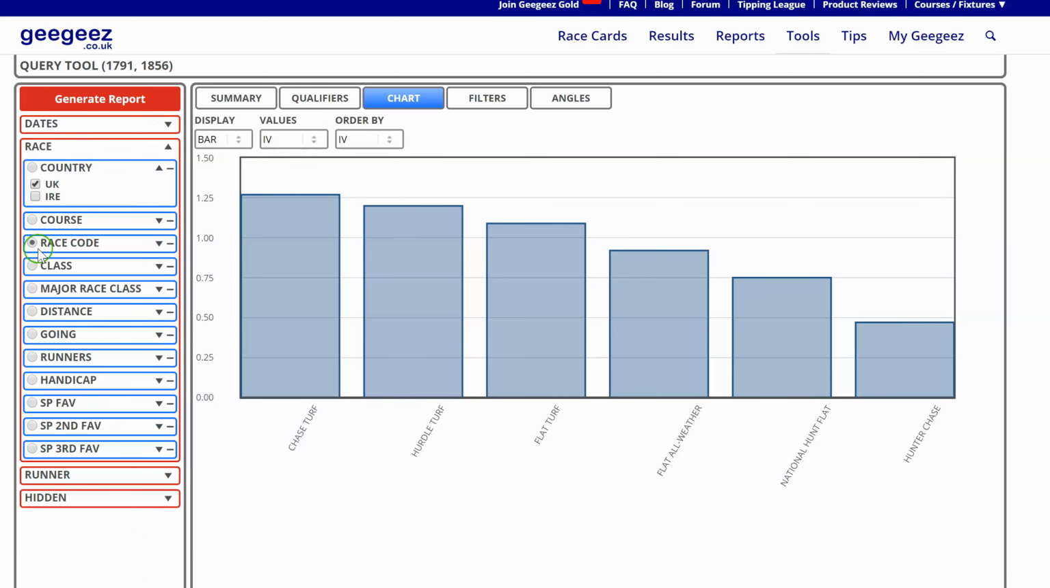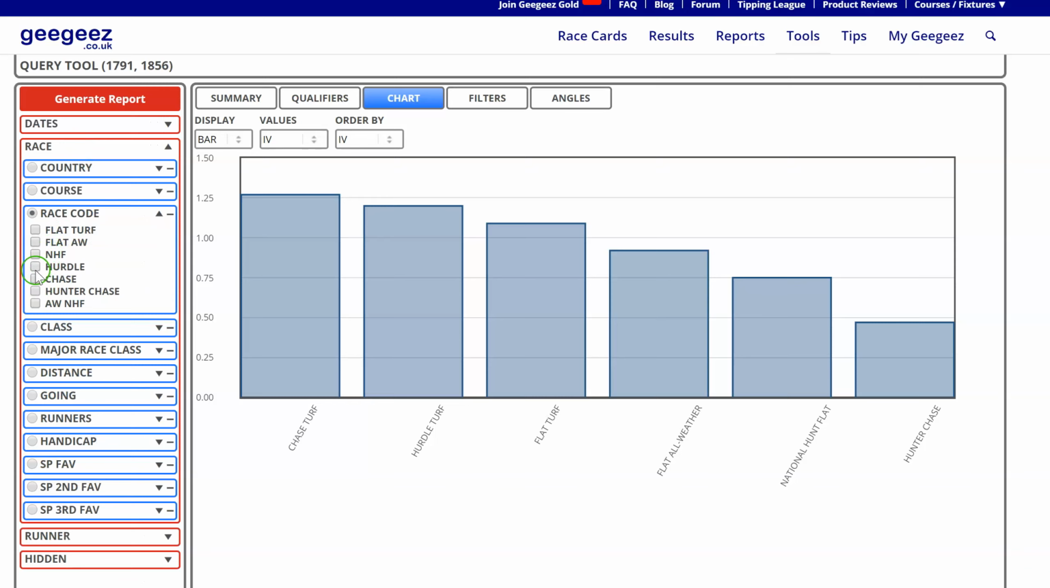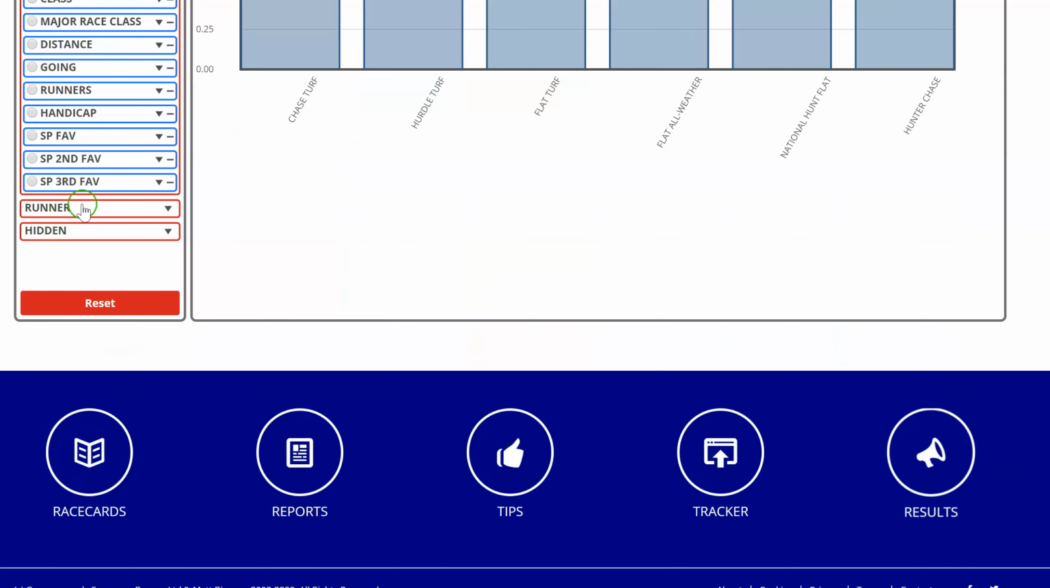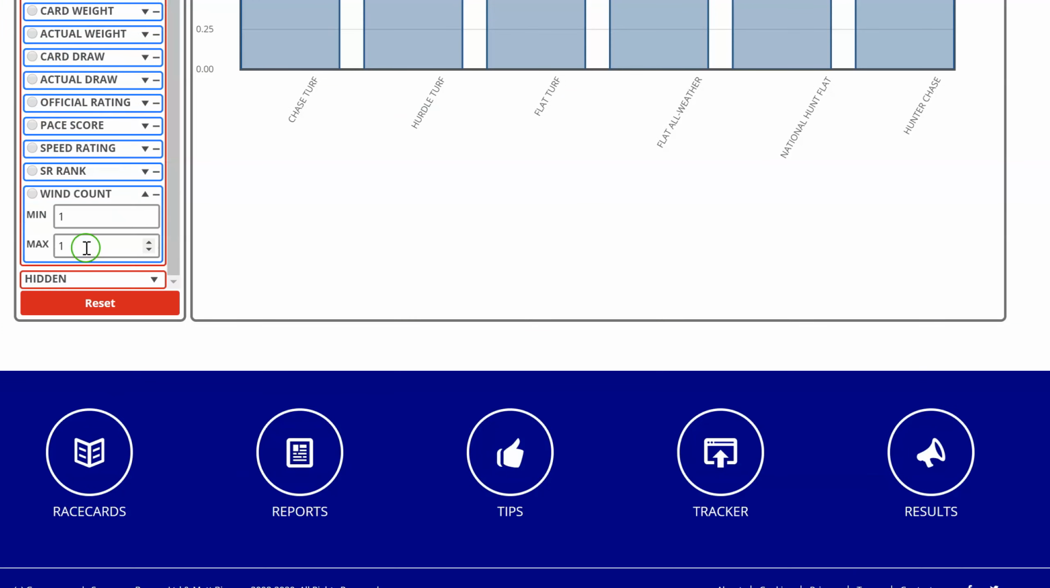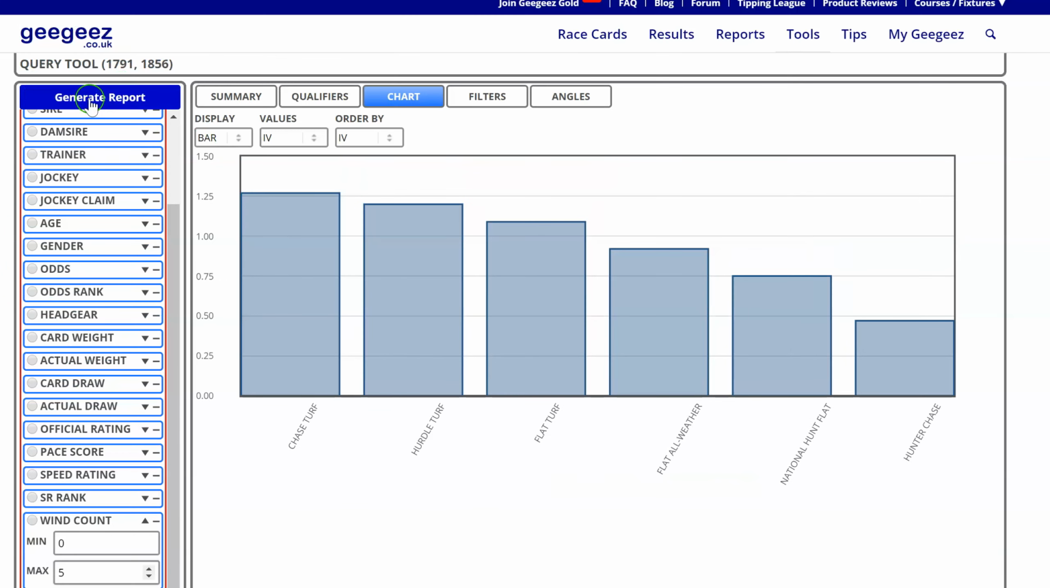So what I'm going to do is focus on chasers and hurdlers like that, and I want to see if I can get a replication. I'm going to put my 0 back in and I'm going to go up to 5. I want to see if I can get a replication of that improvement from run to run in impact value terms here as well. So if I hit generate report,